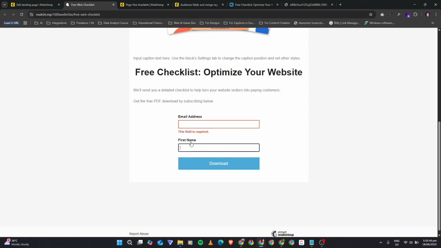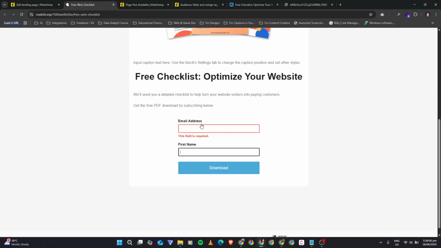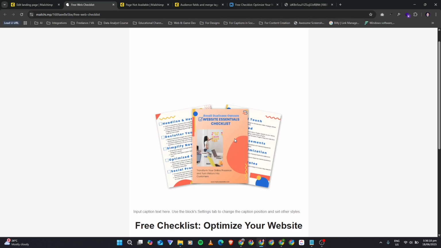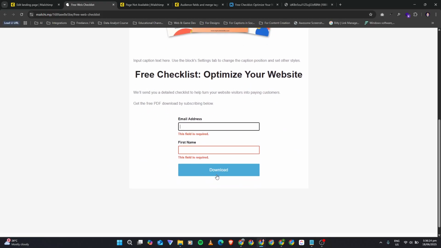If we are going to add something here, I believe it will not do anything because we need to set an automation first. Also, this is what it looks like, not the MailChimp logo, but this one. So it's better if we have a logo or picture or something to place here on your landing page. If we click download, I believe no action happens next because we need to set up the automation, like if we want to send an email after they click to download, we can do that in automation. Let's test.